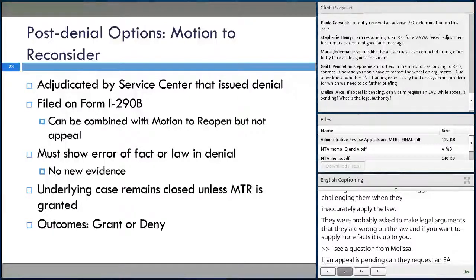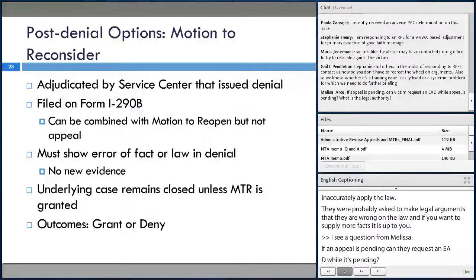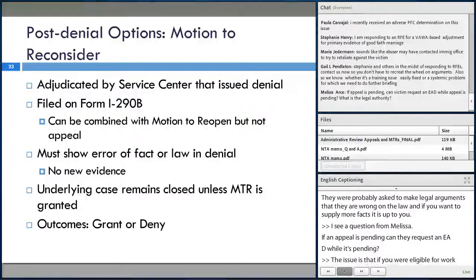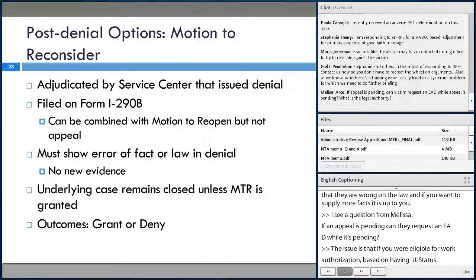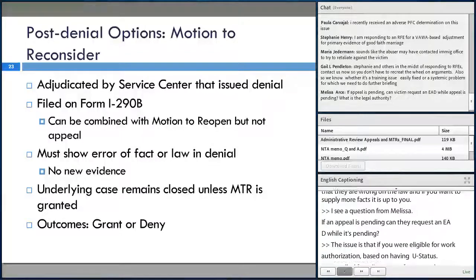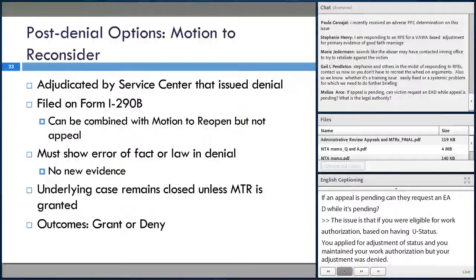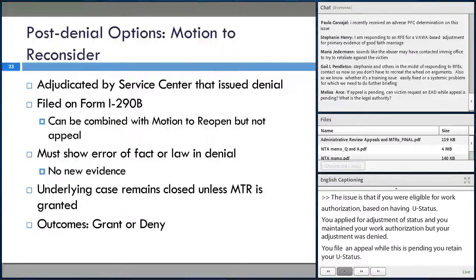based on, for example, having U status, and then you applied for your adjustment of status, you maintained your work authorization, and then your adjustment was denied. If you file an appeal while the appeal is pending, you maintain your U status because the case is not considered closed at that point. And so because you're in U status and because your I-765 is technically still pending, that's why you're able to